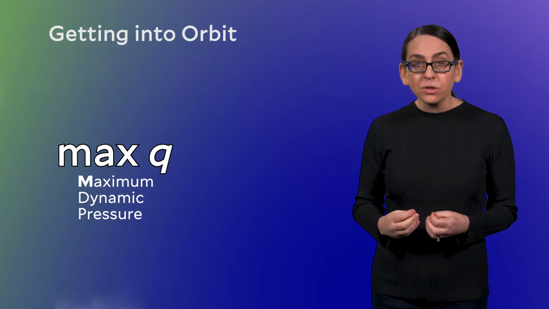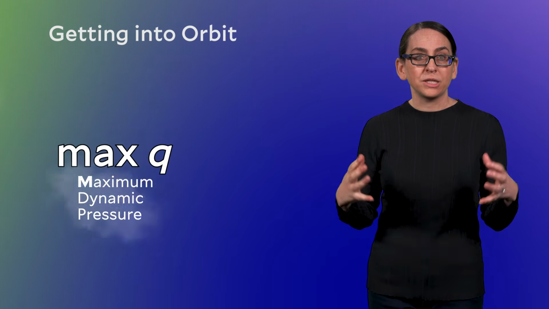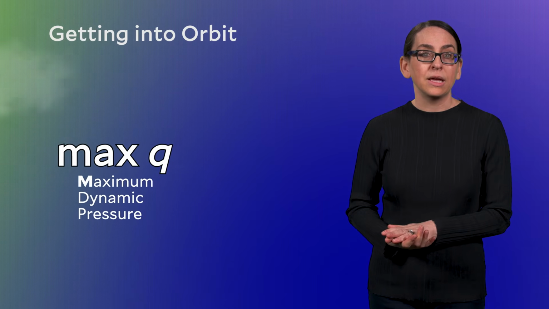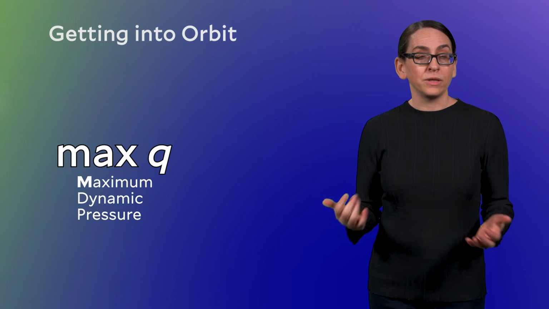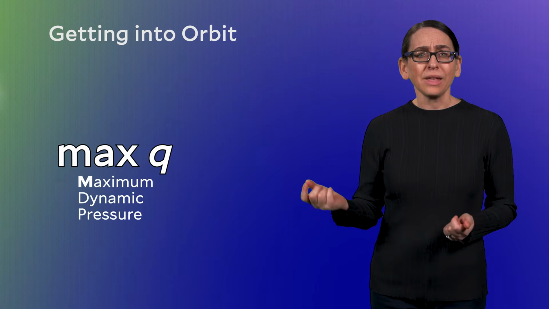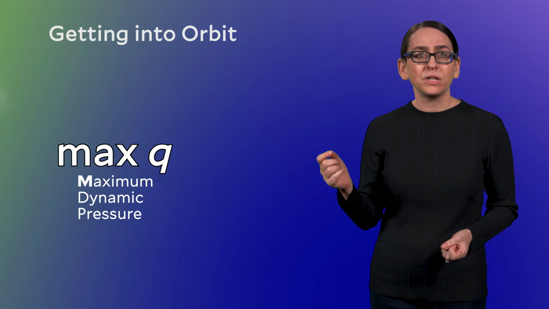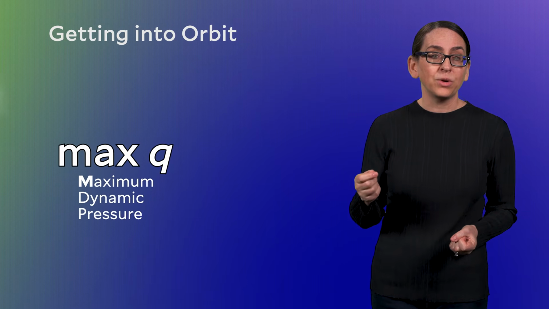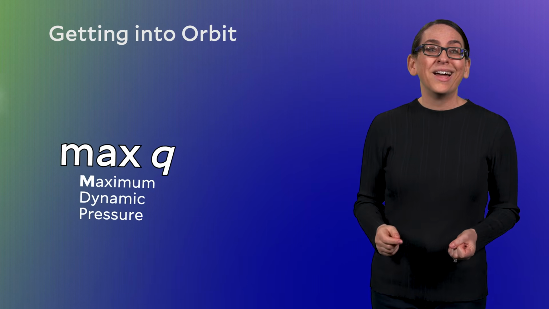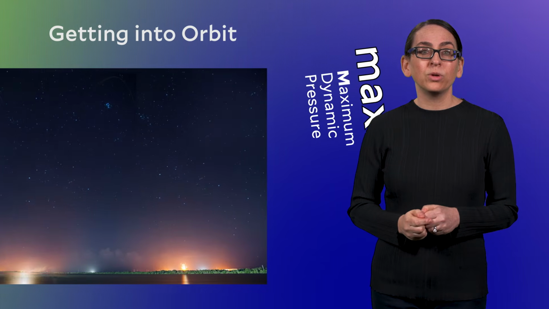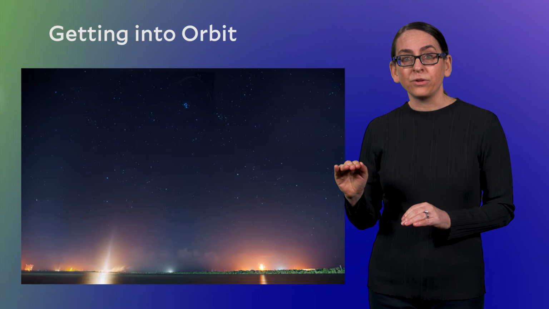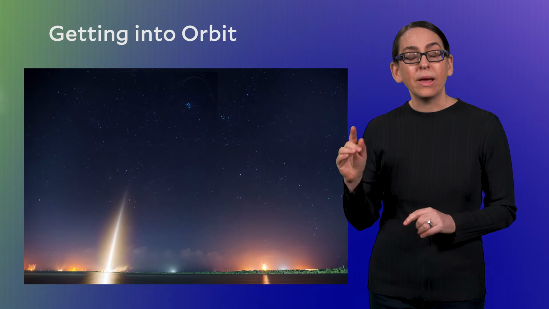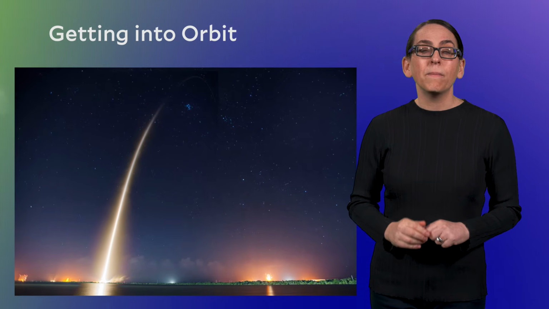Max Q is also the moment at which the physical stresses on the rocket are the greatest. This means it's also stressful for all the humans involved as well. If you're listening to a launch, you can often hear the announcer's voice state that the rocket has passed through max Q and then relaxed noticeably. A rocket headed into orbit will begin deviating from pure vertical once it clears the launch tower, but after max Q, most of that effort will go into achieving the horizontal orbital velocity.